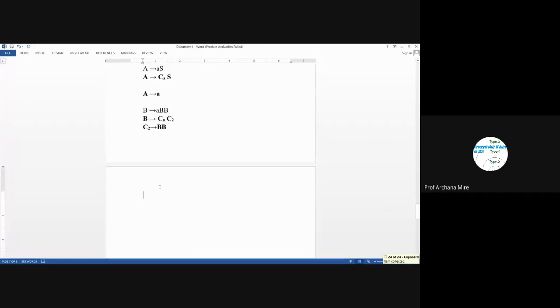So here I will write D leads to DS. Now, once again, it is a combination of terminal and non-terminal symbol, and if it is a combination of terminal and non-terminal symbol, then we need to replace this terminal symbol B with a new non-terminal CB.